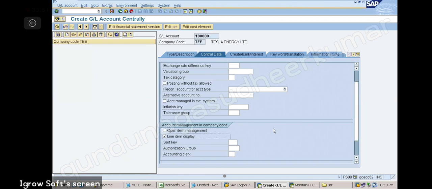So wherever you see the word line item, understand that we are talking about a transaction line item. Line item display means transactions display.